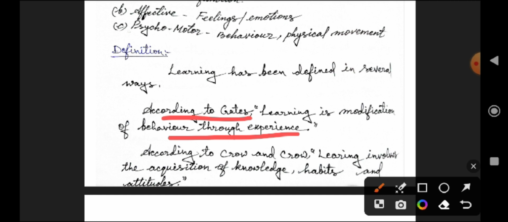And next, according to Crow and Crow, learning involves the acquisition of knowledge, habits and attitudes. Okay friends,